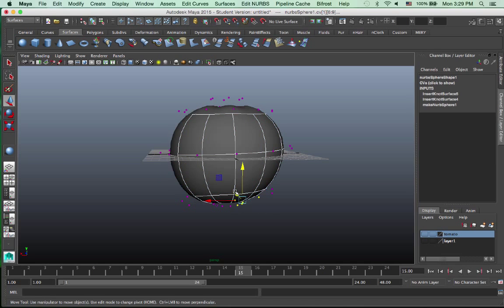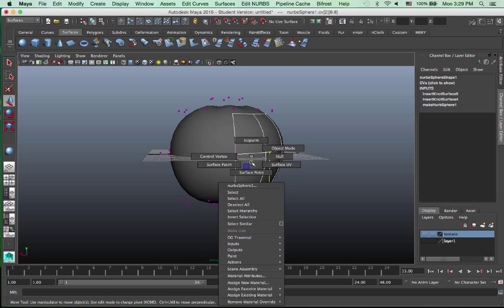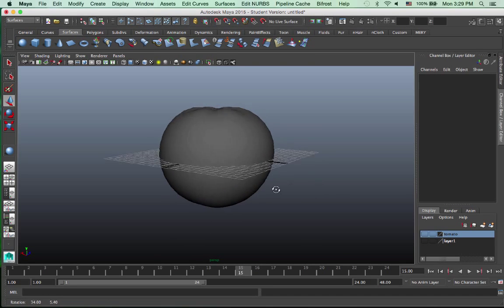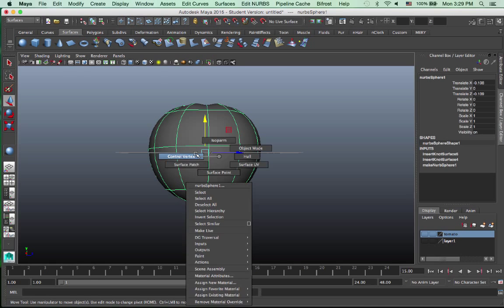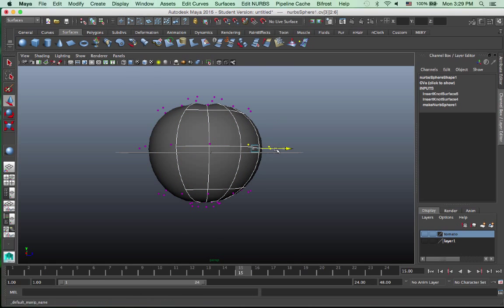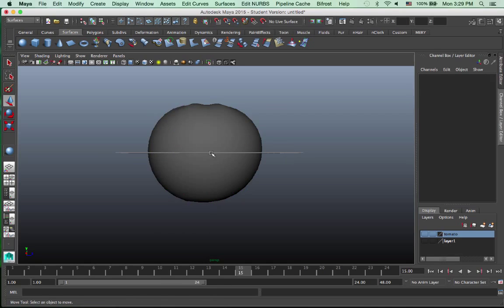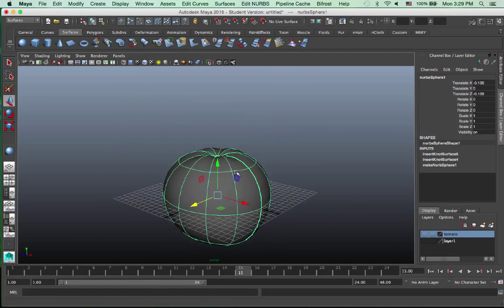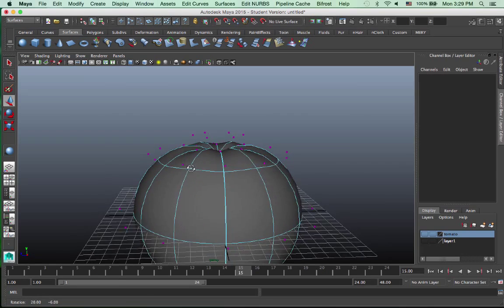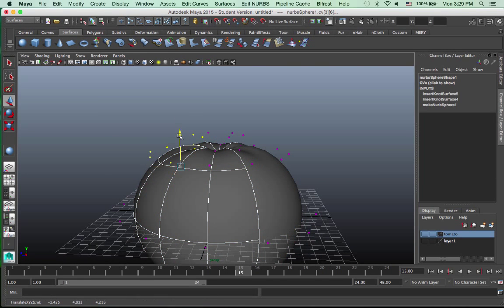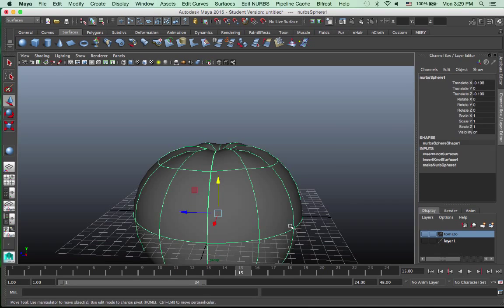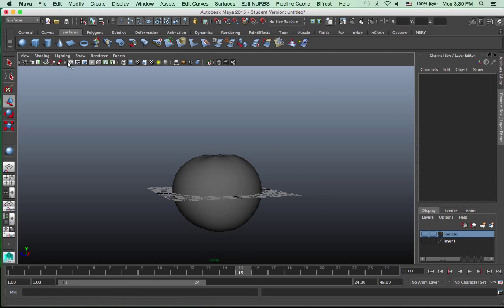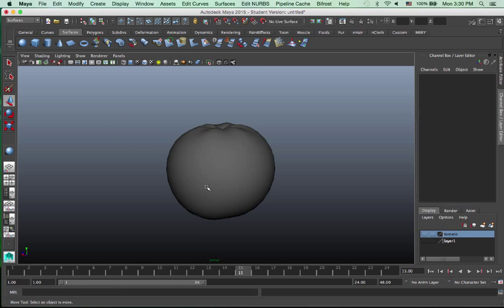You rotate around and do further editing at different angles. And let me turn off the grid just to have a little less distraction looking at this orange from different angles.